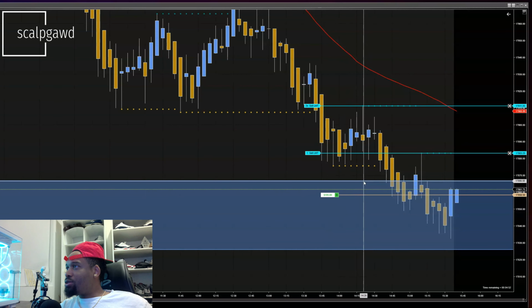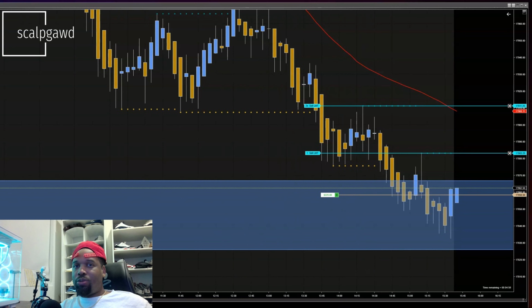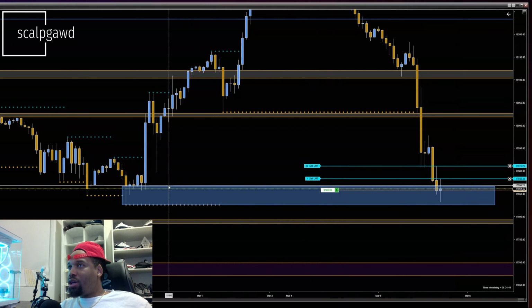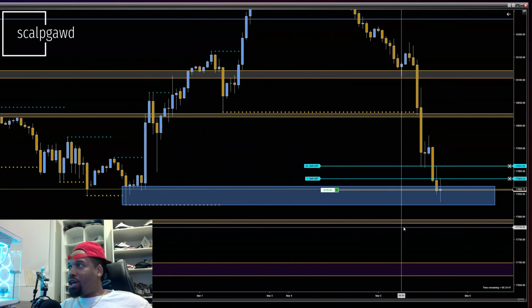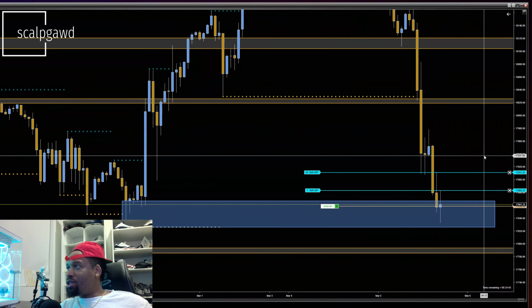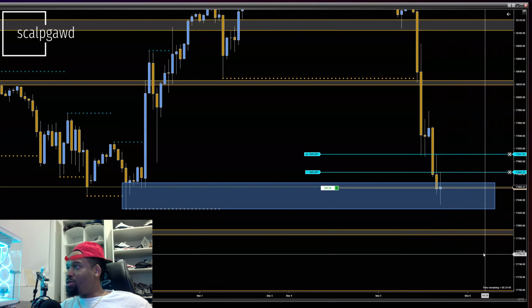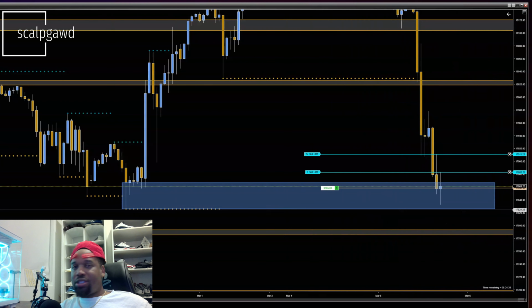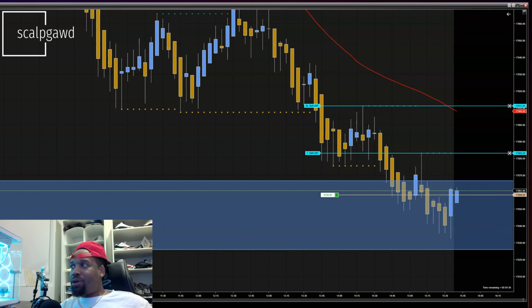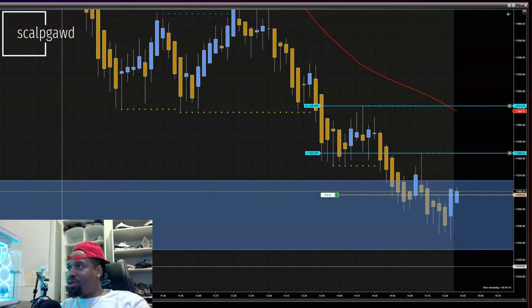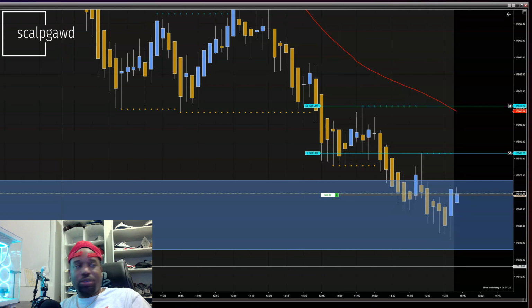If we get a good close above this, this will mean that we would be out of this 1 hour zone. And what I don't want to see is this complete as a doji, which there's 24 minutes left. But this is power hour. Power hour is the last pretty much volatile time of the day, at least for NQ it is.